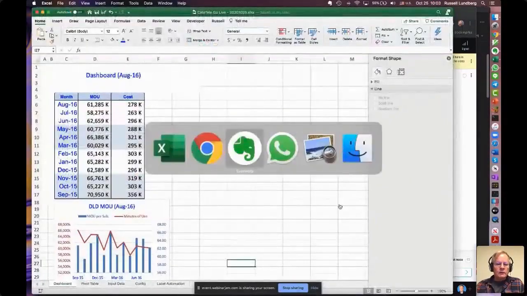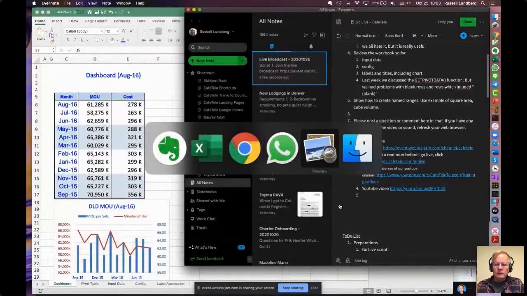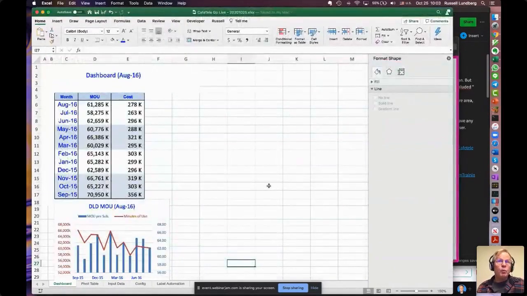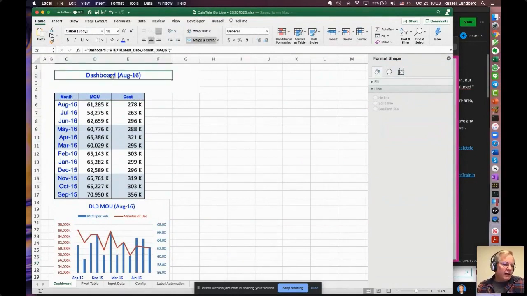So I'm going to share my screen here. Okay, so here's the dashboard that we've been working on together for the last several broadcasts. Although this is only a little piece of it, the basic layout is a title with the date, and then the most recent date and the previous 11 months, so that we're always showing 12